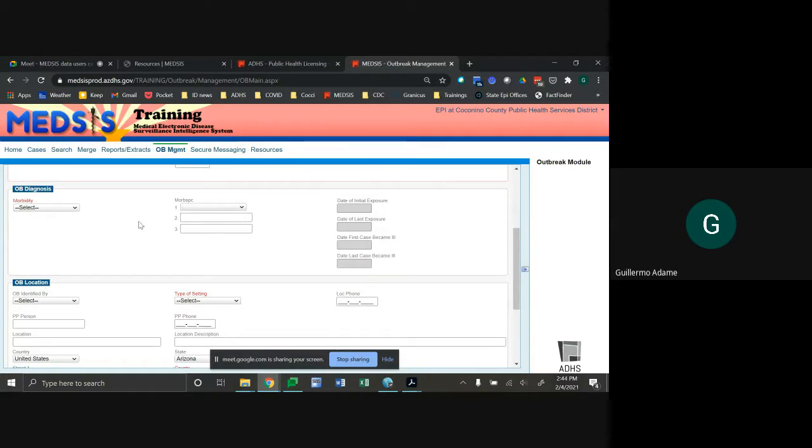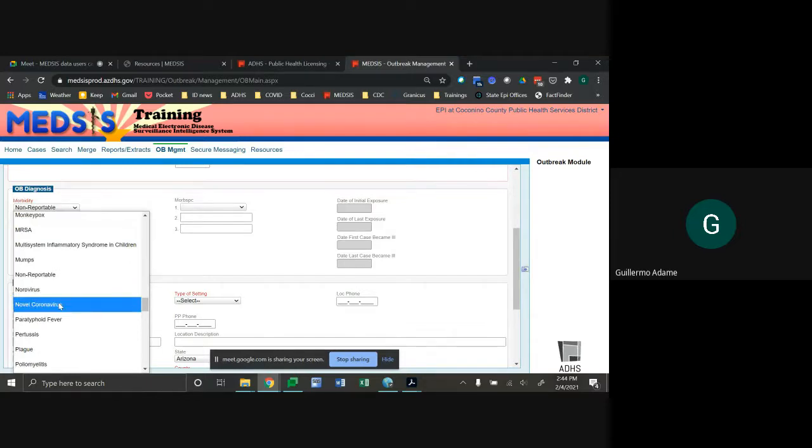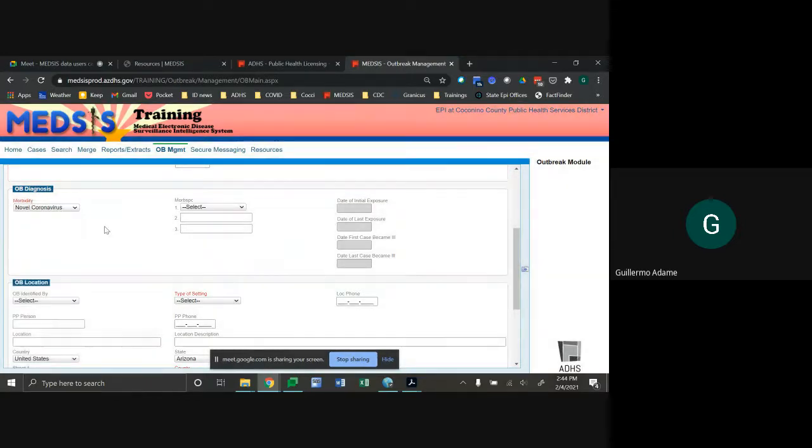Next, we've got the morbidity, pretty straightforward, but we do want to issue a word of caution to try to ensure you select the correct morbidity, because once you create the outbreak entry, this field cannot be changed, whereas others can. So for COVID-19, we want novel coronavirus. So go ahead and click that here.